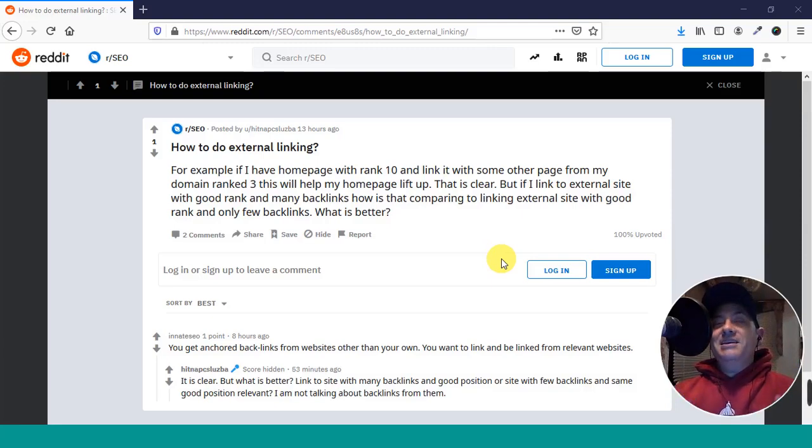I think what they're trying to say is, if you had a choice between two studies that you were using as a reference. Let's say that you had a point that you were trying to make in your article, and you had two somewhat equal pages, or two studies that kind of back up your point. Which one do you want to link to? The one that already has a ton of backlinks, or the one that only has a few, but they're ranking similarly in Google? Which one do you want to link to? Which, if you link to one or the other, is that going to improve your ranking?